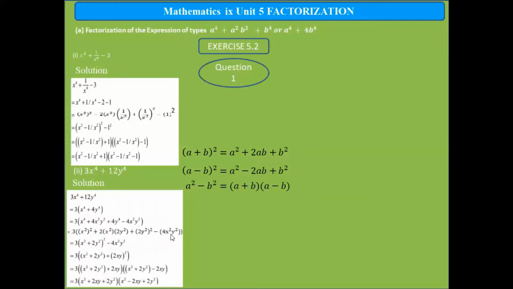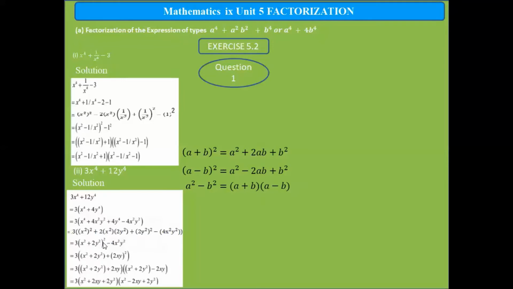We will write this later. Now this is x square plus 2y square whole square, because if we compare, a plus b whole square is equal to a square plus 2ab plus b square. Here a is x square and b is 2y square. So in closed form, this is equal to